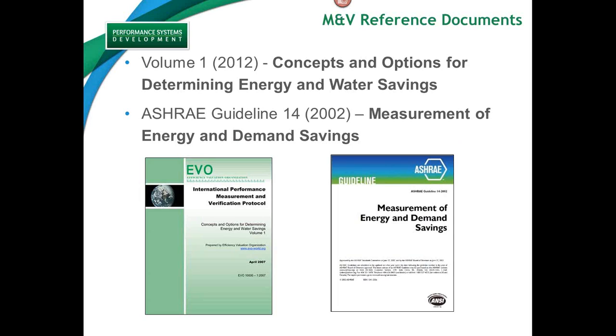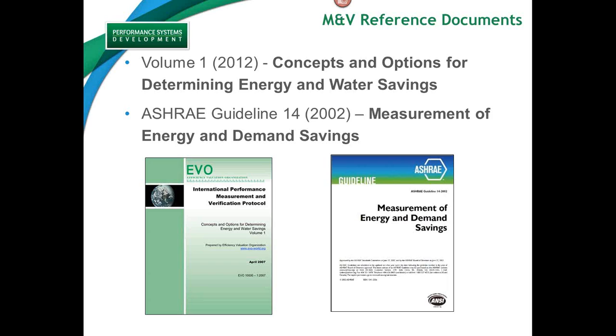You'll hear a lot when we start talking about M&V. There are two key documents, two fundamental documents. We cover these again in our CMVP courses. The first one is IPMVP Volume 1, the 2012 edition. IPMVP Volume 1 is titled Concepts and Options for Determining Energy and Water Savings. It is literally the Bible for developing M&V plans. And you'll hear people say, my plan is adherent to IPMVP. Well, this is the document that describes what that means.